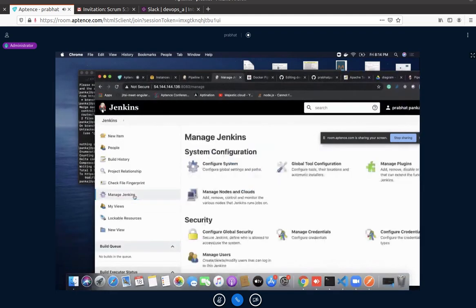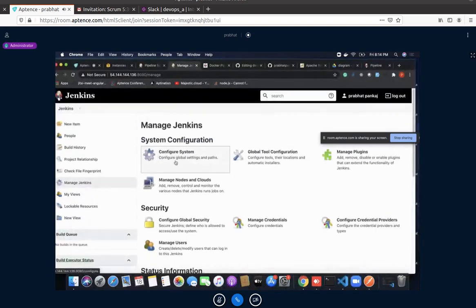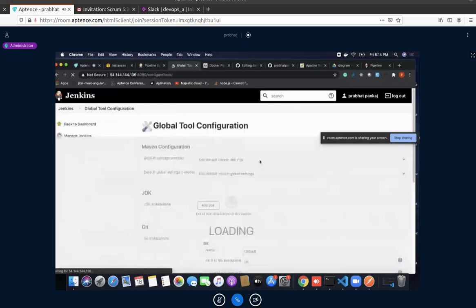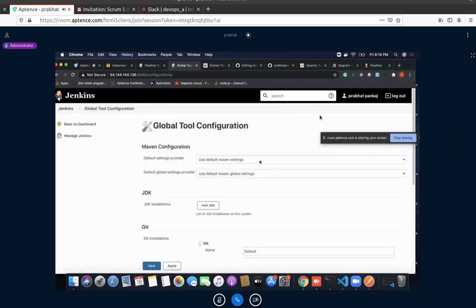If you click on Manage Jenkins, the first is Configure System, and the second is Global Tool Configuration. For integrating different types of tools, that can be the global configuration.